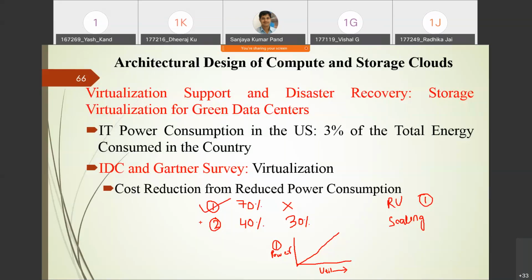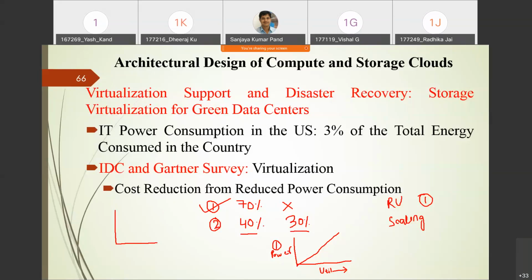Or at the same time you can also claim that if I have two servers, why make one server idle? I can use both servers, because the same energy is consumed by the 40% and 30% servers together as by the 70% server. Both are performing the same, right? The only advantage you get in solution one is that one system is switched off, so maintenance is not required. In that manner, you can say the first solution is better.